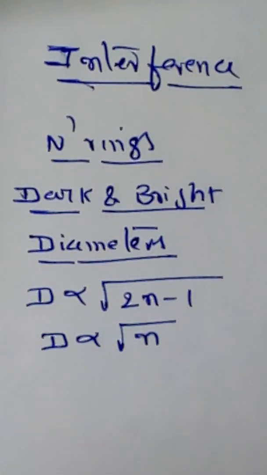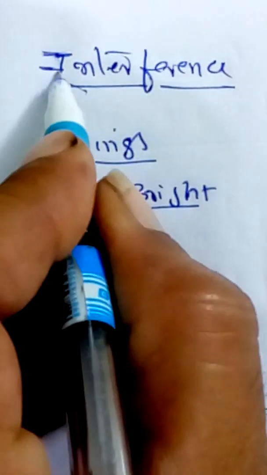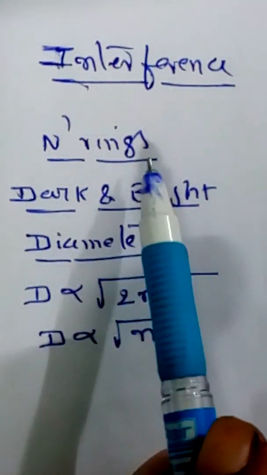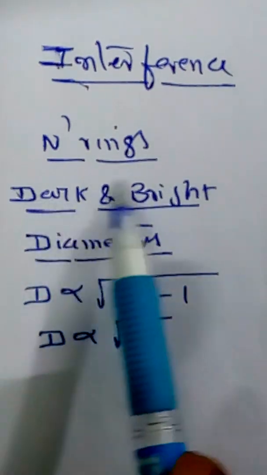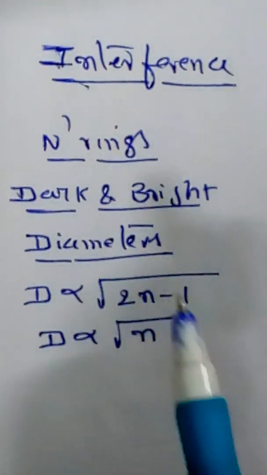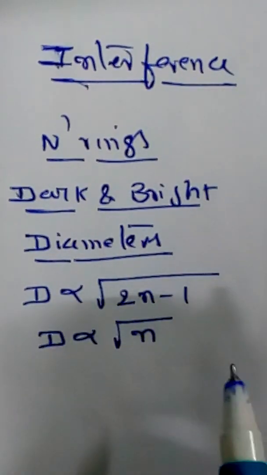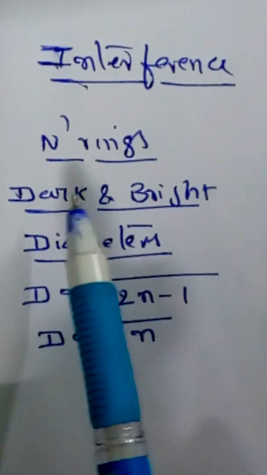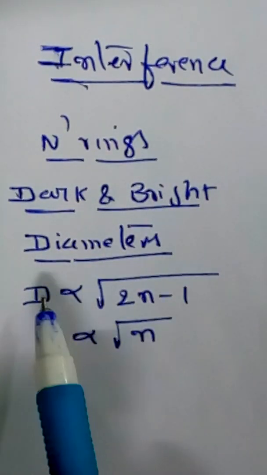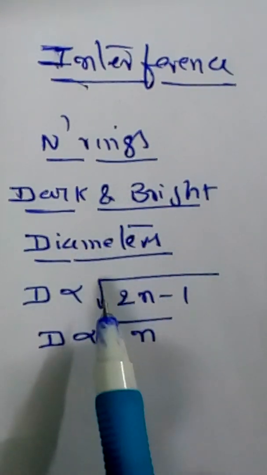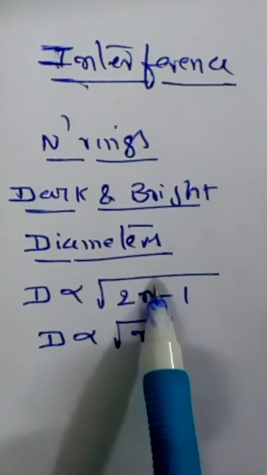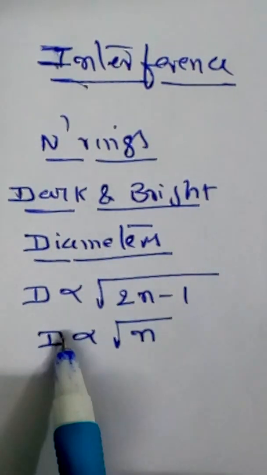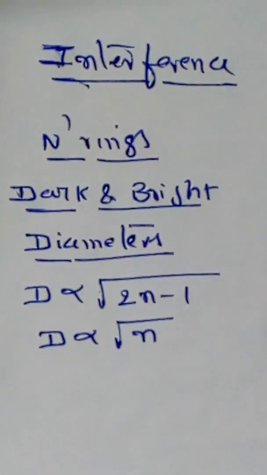Hi friends, when we are discussing interference, in the previous sessions, when we looked at Newton's rings formation and the conditions for the formation of dark and bright fringes, we have seen the experimental process, the theory related to that, and also we obtained the formulae for measuring the diameters of both dark and bright fringes, as the diameter in the case of a bright fringe is proportional to square root of odd natural numbers, and the diameter in the case of dark fringes